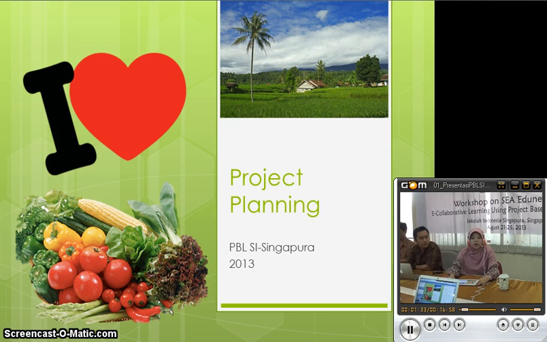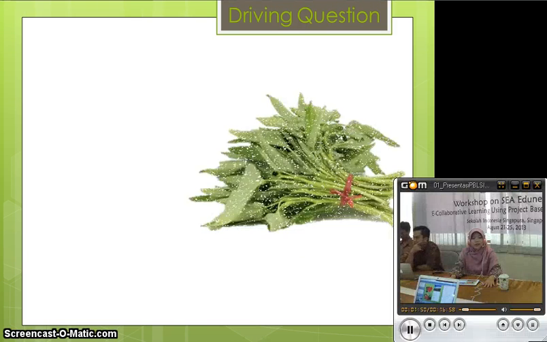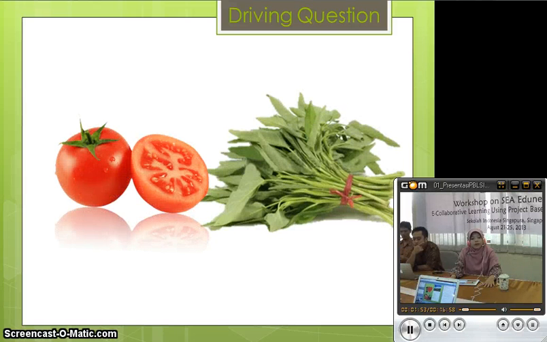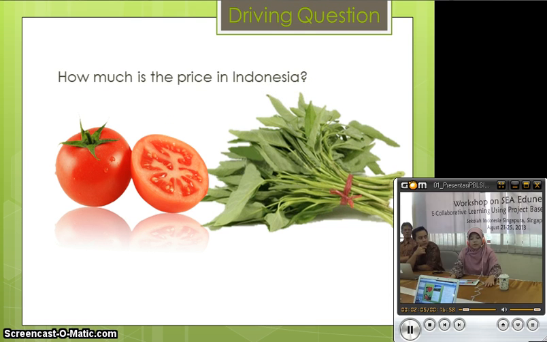The problem is, when I ask my students, do you know where tomatoes come from? Some of my students answer, yes, miss, we got it from the market. Yes, you are right because you buy it. But some students will answer correctly: we get it from the tomato plant. But the next question is, do you know what a tomato plant looks like? And then they have no idea whether it is a tree, a bush, or a ground cover. Well, this is the problem that I have to